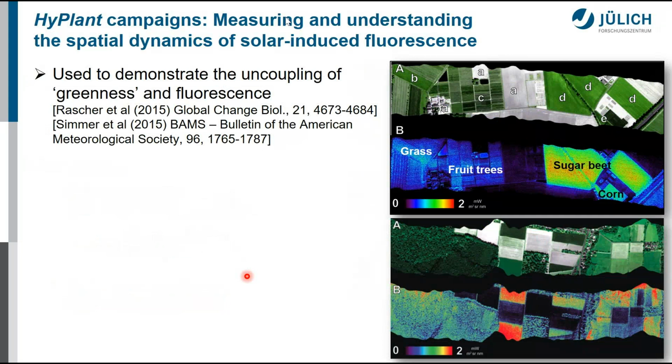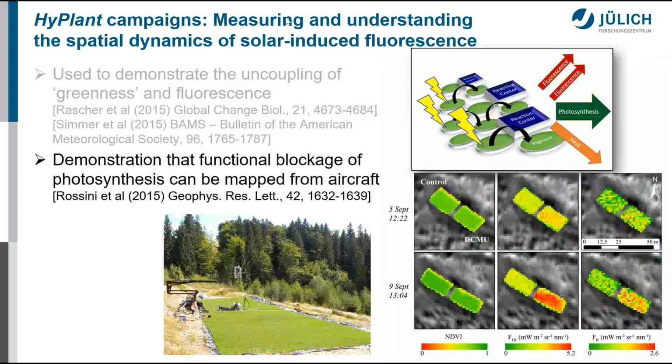And this is something where I now would like to give you a snapshot idea of what we have done with our aircraft sensor in the past. This is the first image which we retrieved from our research campus at Campus Klein-Altendorf. So these are big fields, apple plantations, experimental plots. And what you can immediately see is that this fluorescent signal is not just a representation of the greenness, because it represents the amount of chlorophyll in the first instance,